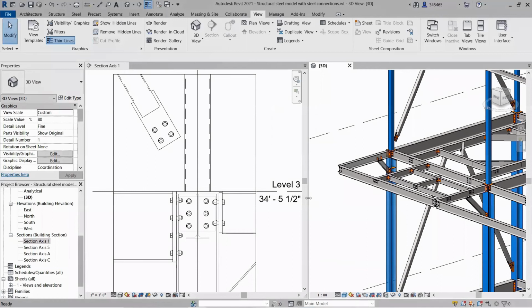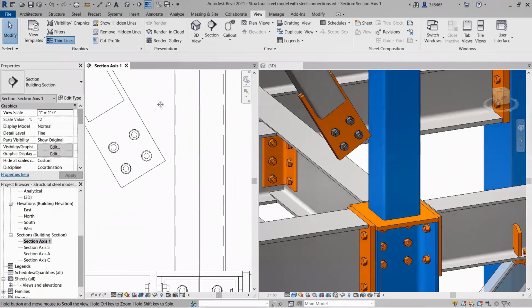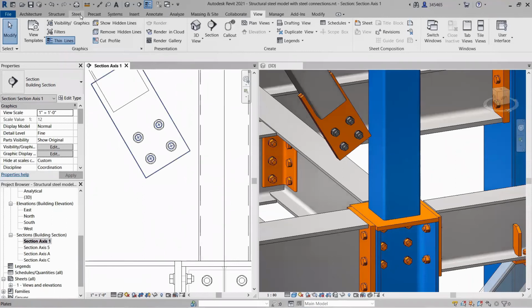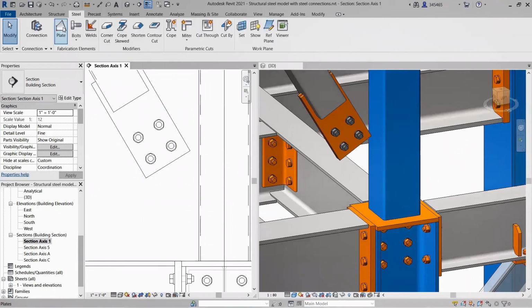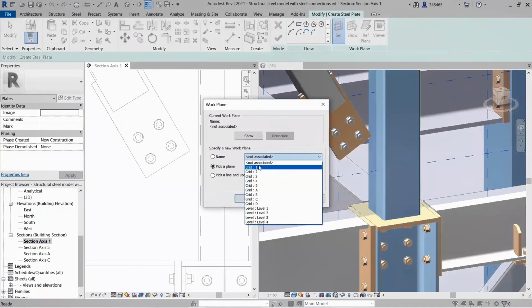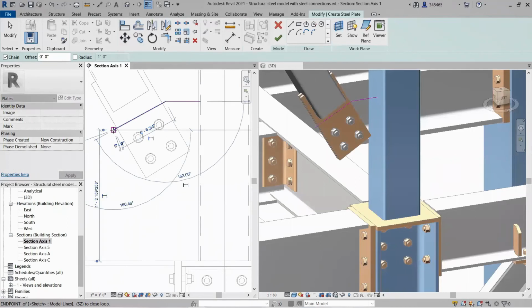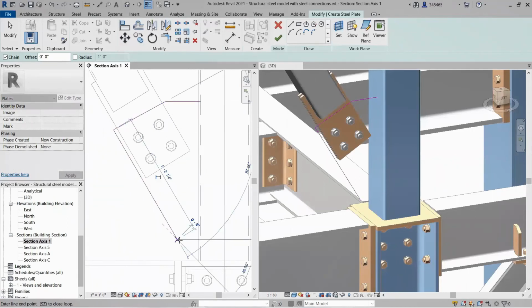So in this case here, I've just opened up an area where we want to add a plate to a gusset connection, right? And in this case, I'm going to click on steel, tab, click on plate. You still need to specify a work plane. In this case here, we're specifying a grid as a work plane as you would, right? And very easily, you can just draw in a 2D view or section view, draw in your plate to that specific